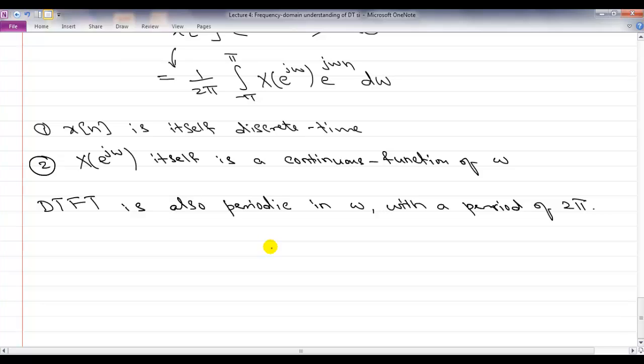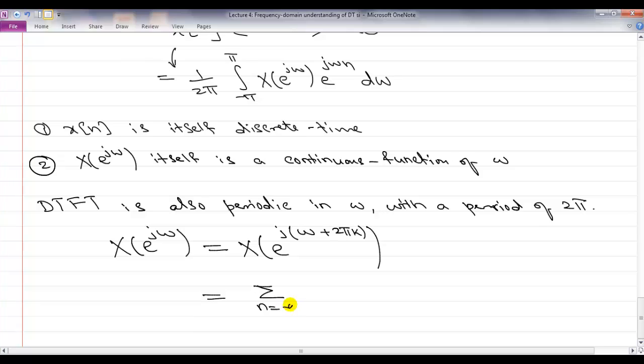So in general, DTFT is defined for little omega from minus infinity to infinity. But if you know any 2 pi region of that, you know all the DTFT. And seeing that is easy. If I have X of e to the j omega, I can write it as X of e to the j omega plus 2 pi k, so any multiple of 2 pi, and plug it into the definition of DTFT. This really shouldn't come as a surprise, because we have already seen that the only frequencies that matter are any contiguous 2 pi regions.